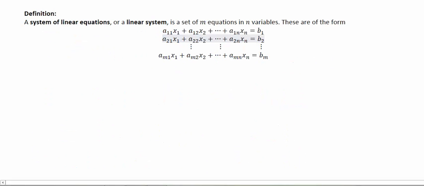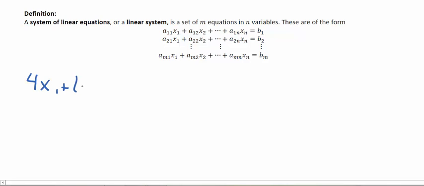Now that we've defined a linear equation, we'll discuss a system of these linear equations, also known as a linear system. So this is a set of m equations in n variables. So the idea is, now, rather than just an equation, we have this set of equations. And each one should be linear, and we want to solve all of these at the exact same time. So an example,